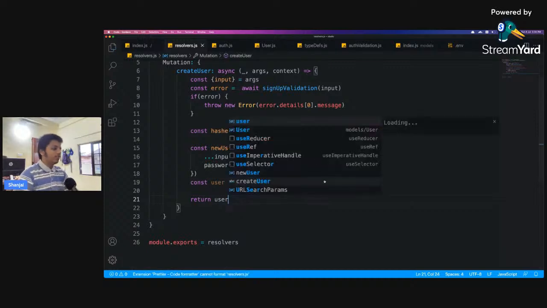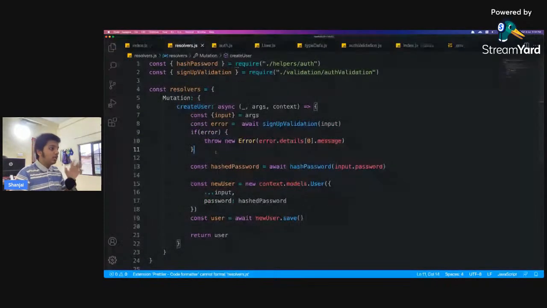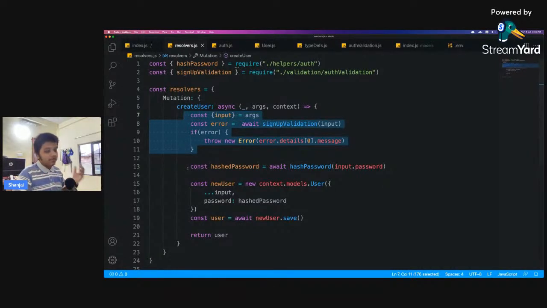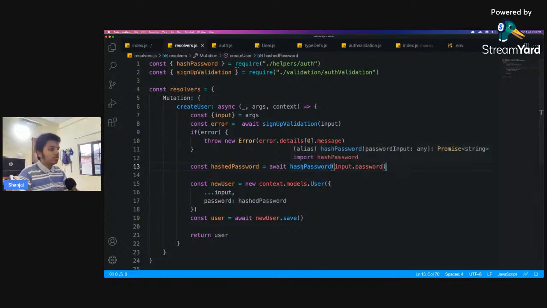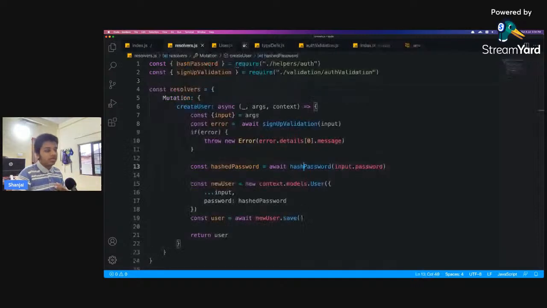Let's return the user. Okay, let's check how this is going to work together with all the validation. So right here, we have the createUser mutation, which is going to do some data validation and check if there is any error when sending it. If there is, it throws the error, and then we hash the password that we get as input through this function hashPassword using bcrypt. We generate the salt, and then we hash the password through that, and then we create a new user using